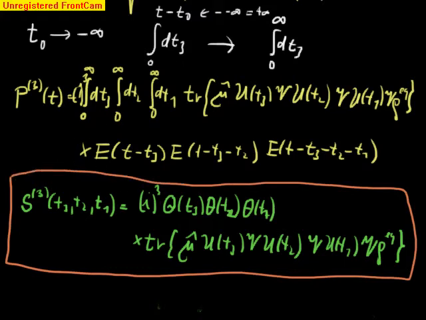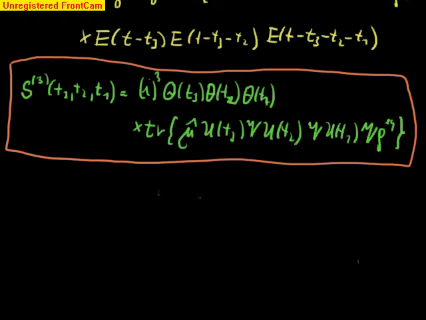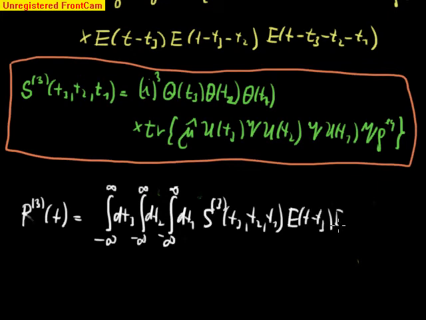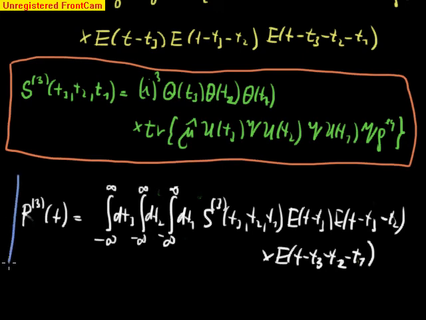And with that response function, we are repeating several times basically the same equations, but with that thing we can write P3(t) as an integral from minus infinity to infinity dt3, dt2, dt1, response function of the third order S3(t3, t2, t1), and E(t minus t3), E(t minus t3 minus t2), and E(t minus t3 minus t2 minus t1). So this is the final expression that we have,